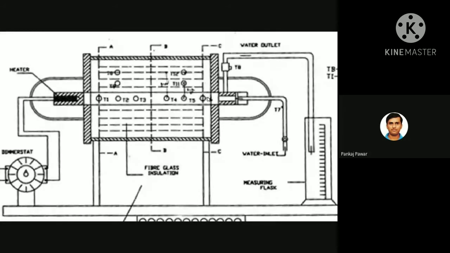Now with the help of T1 to T6, what will you get? You will get the surface temperature of the metal rod. Now on the right side, as we know, cooling water is provided. T7 is the thermocouple which will give you the water inlet temperature to the cooling water jacket, and T8 is the water outlet temperature from the cooling water jacket. So T7 is the inlet temperature of water and T8 is the outlet temperature of water coming from the water jacket on the right side. With T7 and T8 you will measure the water temperatures.